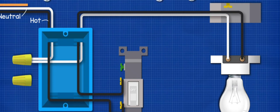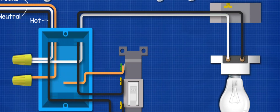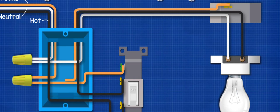fitting. To make the circuit safe, we bring our ground wire and connect this into a wire nut within the switch box. We then run a ground wire from the ground terminal of the switch and connect this into the wire nut. We can then run another ground wire from the sealing box and connect this into the ground wire